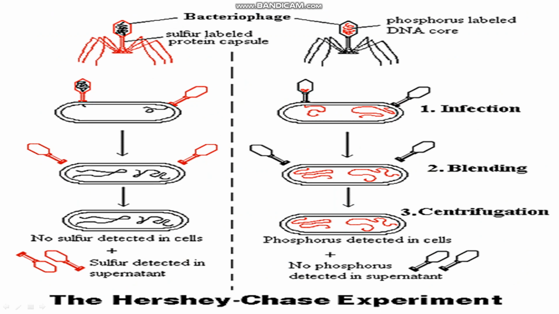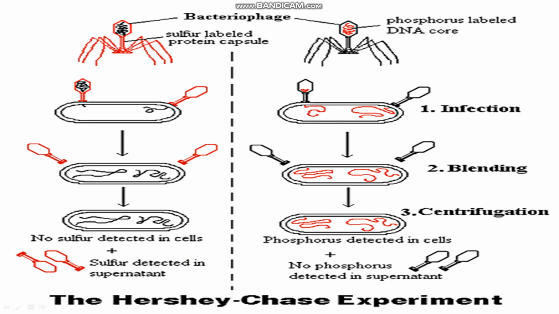What happened? See, this part is moved from the bacteriophage into the bacteria, right? And what happened? No sulfur was detected in the cell. You can see there is nothing there, no sulfur is detected. This is the bacteriophage found from here, right? But in the case of the second experiment, what he saw was phosphorus-labeled DNA. Phosphorus-labeled means phosphorus is the radioactive part here, right? Radioactive phosphorus-labeled DNA is here.